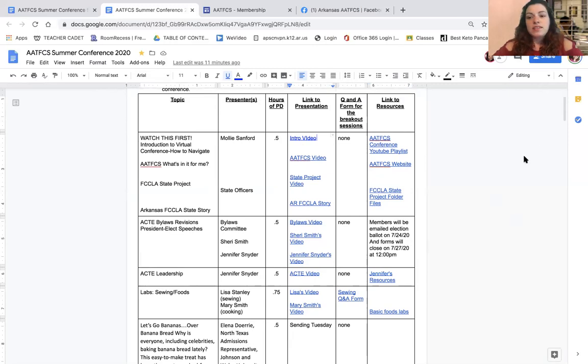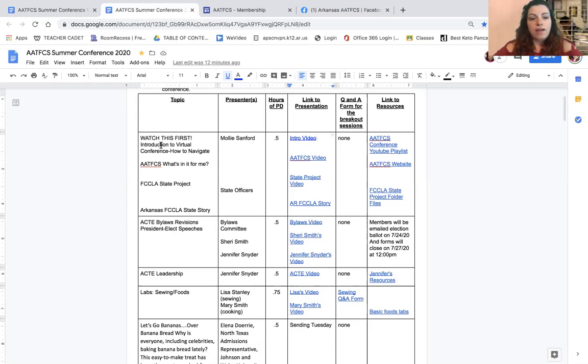I would suggest bookmarking this whole document. I'm sure yours looks different than mine, but mine's a Mac. I just hit that little star right there and name it, folder, bookmarks bar, done. That way, over the next several days, you can access it easily instead of digging through the listserv, the email, the Facebook page, trying to access it.